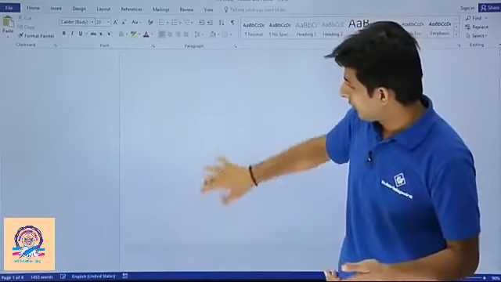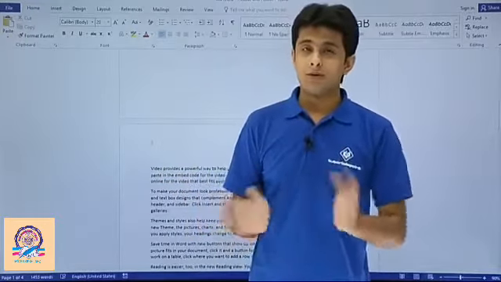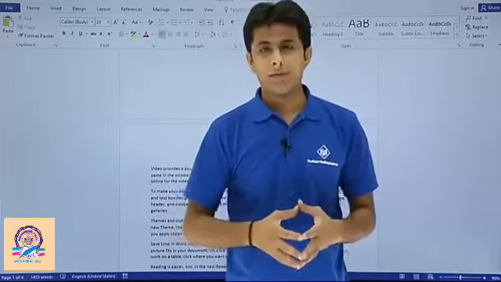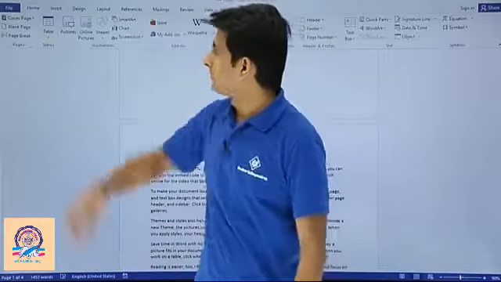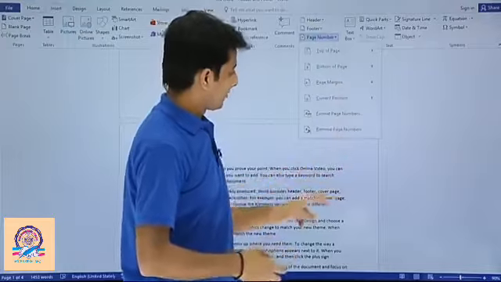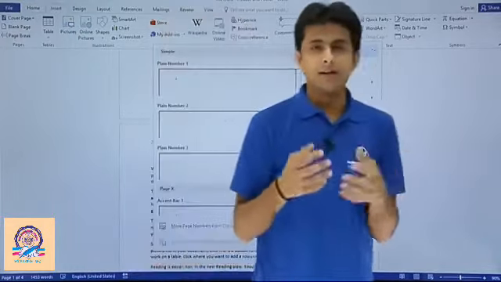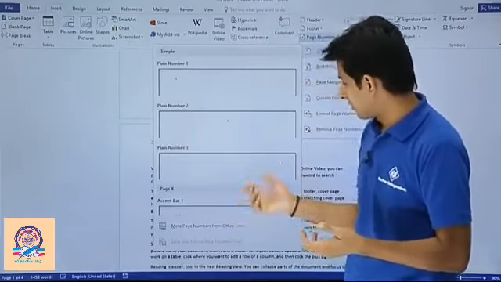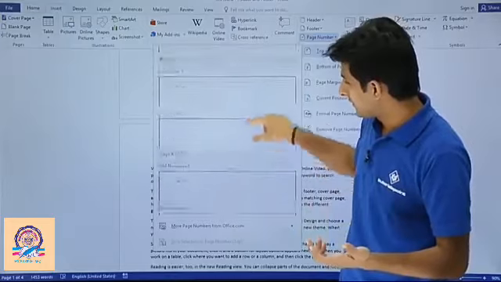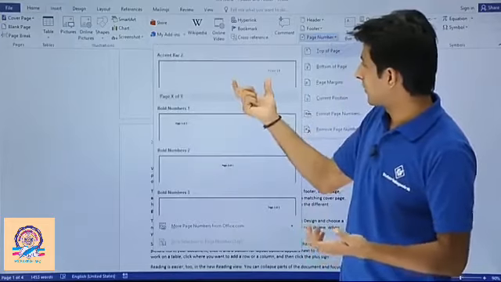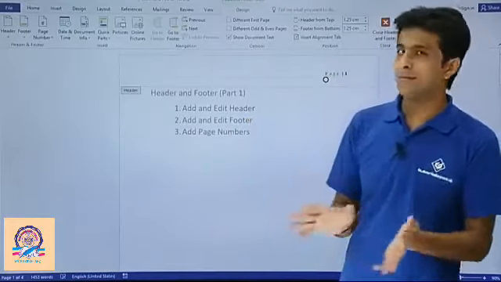So same way, on every page, the page number is added. If you think it is not the right position and you want to change it, by the same method, go to the Insert tab and go to this Page Number. Instead of top of the page, you just select the position you want, let's say this one, accent bar. I'll select this accent bar. So you see on the right hand side the page number is added.